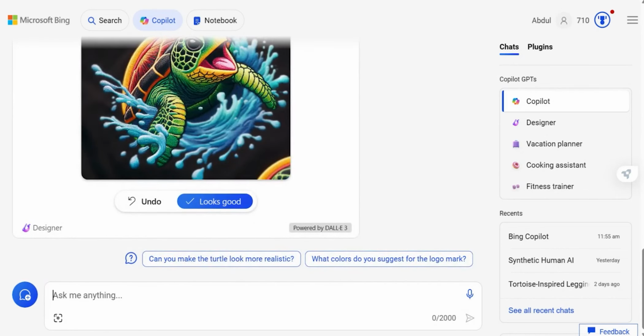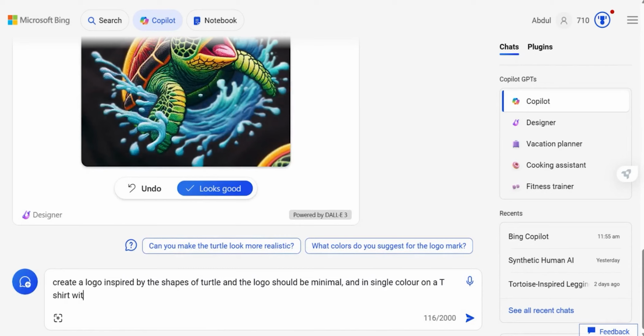Let us give it a very detailed command. Let's say, create a logo inspired by the shapes of a turtle, and the logo should be minimal and in single color on a t-shirt, with GRIT written on it.